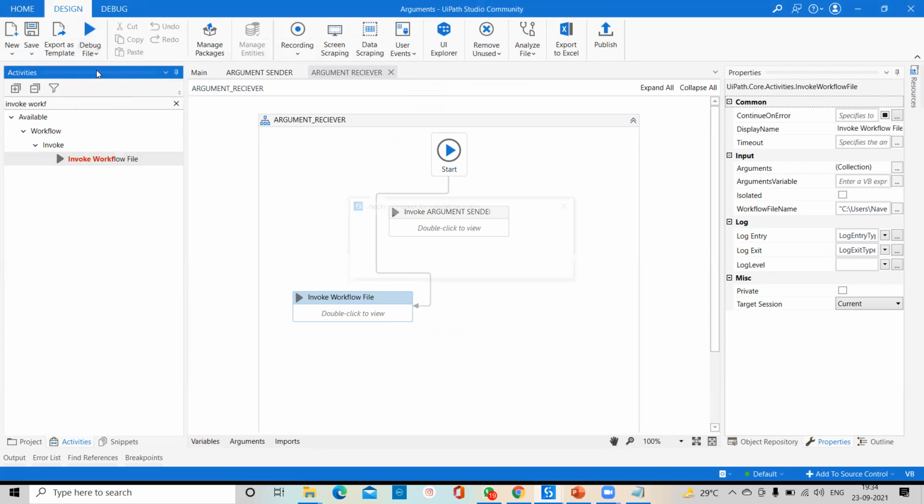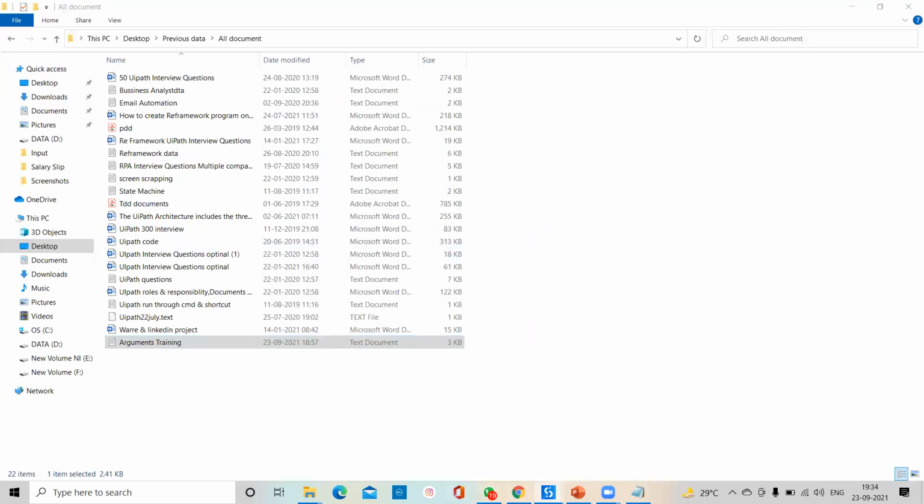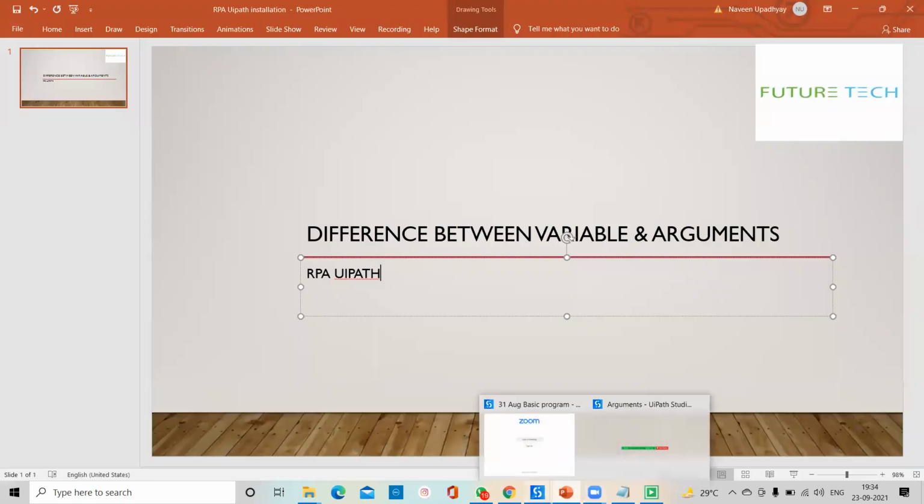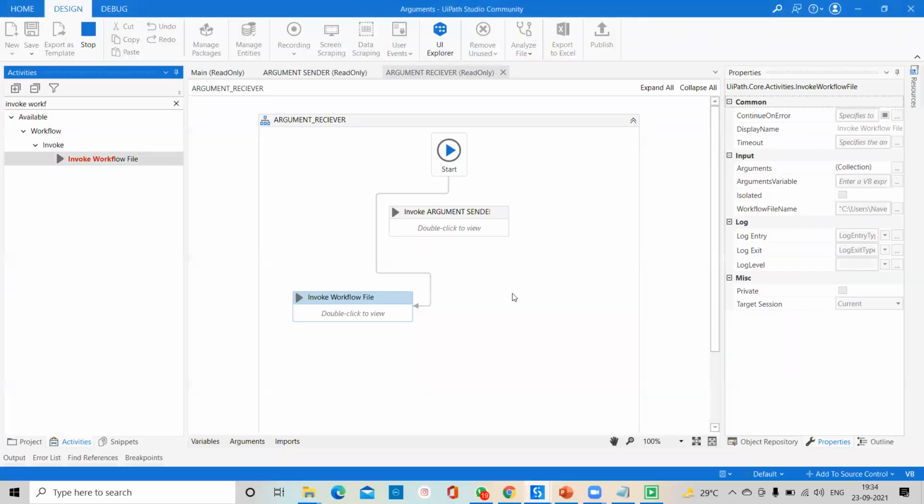Through the Invoke Workflow activity in UiPath, you are able to do all these things. You can launch any workflow from your C drive, D drive or E drive, wherever you have kept it. Through Invoke Workflow File, you give the path of that workflow and you are able to automate it.